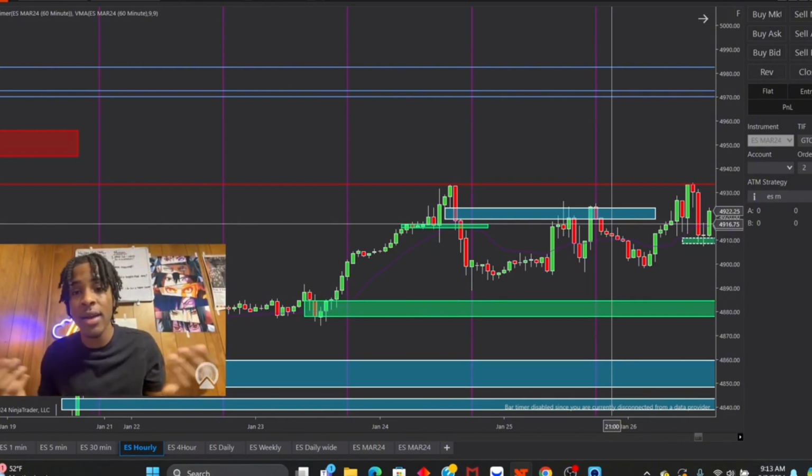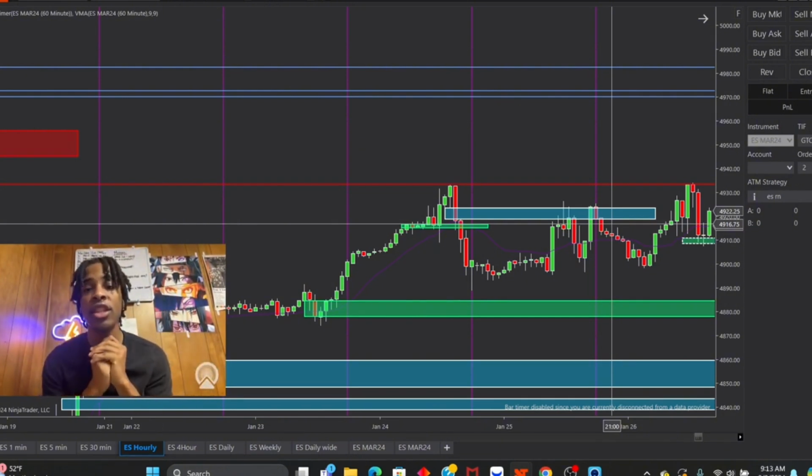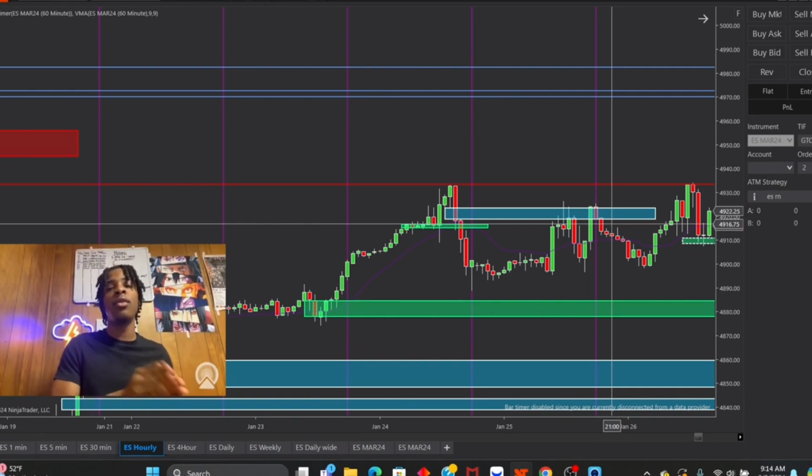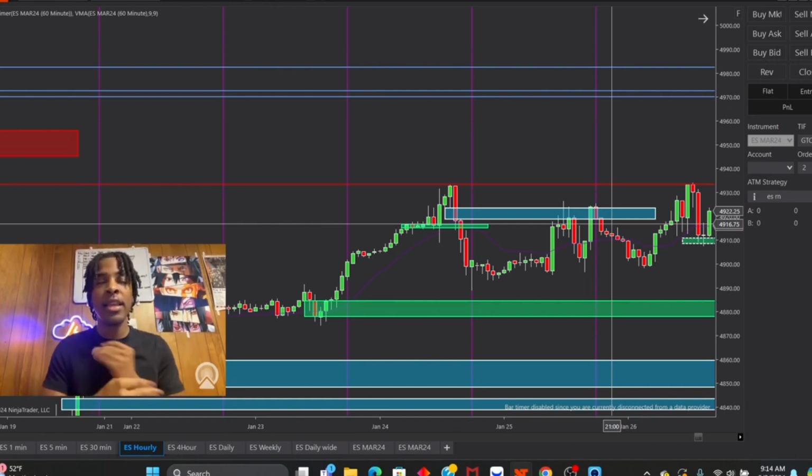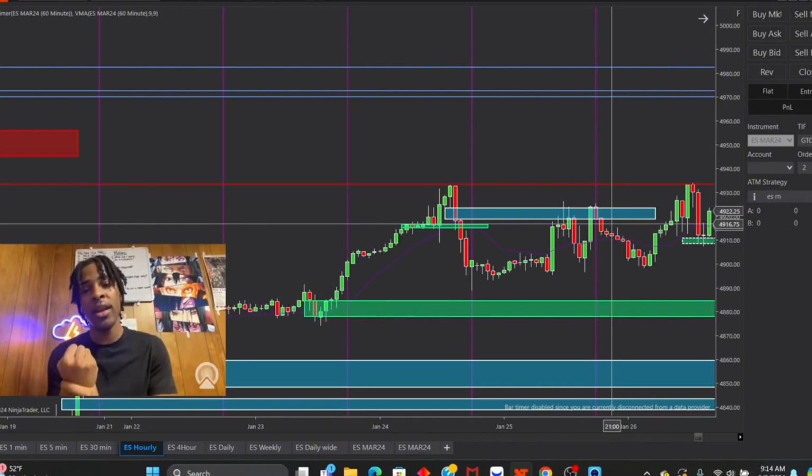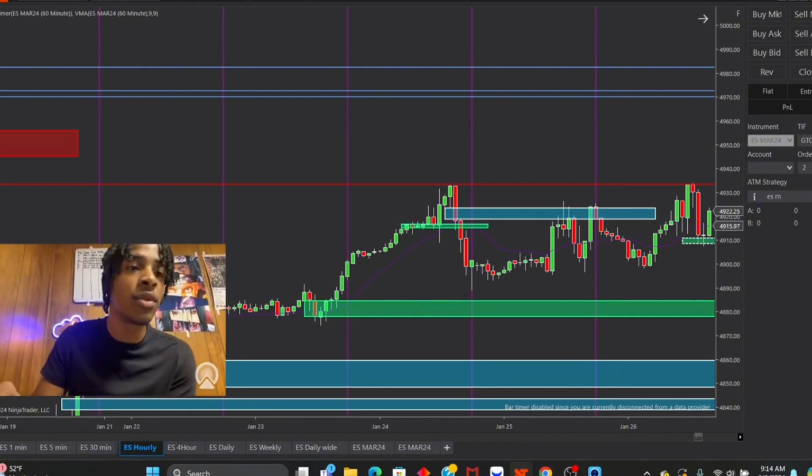because it's not going to work every time. No strategy is 100%. So it might work this time, but it might not work this time. But it's all about your risk, for one, and your confluences. If I have a lot of gaps on multiple different time frames matching up on more than one time frame, it gives me a lot of confidence in that gap. So when it does come back down to that gap, that's going to continue on.